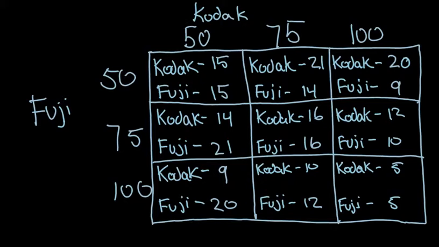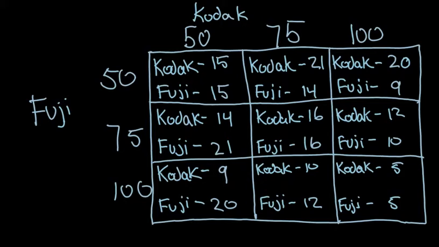In this game matrix, decisions will be independent, meaning they will be made simultaneously. What we will first look at are the strategies, also known as the strategy profile of each company. Each company has 3 strategies they are able to choose from in this scenario. They can independently choose to produce either 50 rolls of film, 75 rolls of film, or 100 rolls of film. So Kodak has the option to produce 50, 75, or 100, and Fuji also has the option to produce 50,